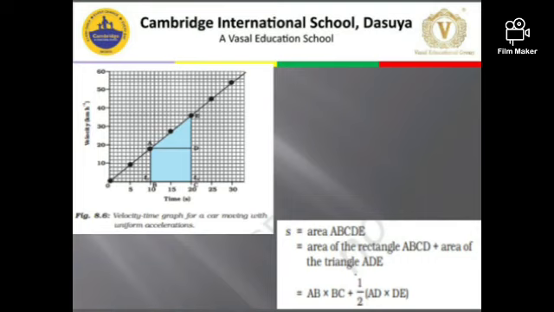Like in this case, we are getting a kind of trapezium. If you're not so aware of it, or you find it complicated to solve, you can split the graph as it is done here. They converted the total area into the area of a rectangle and the area of a triangle. Then we put the formulas. Area of rectangle is length into breadth, and the area of triangle is half into base into height. We substitute the values into it and we can find out the distance.